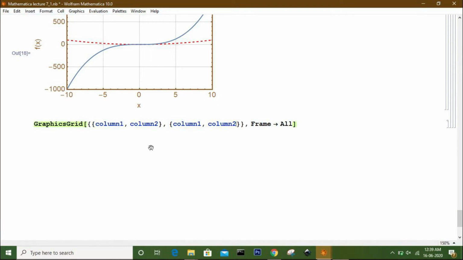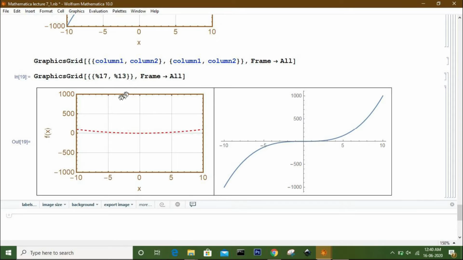Now you can also use graphics grid to display all graphs in the same plot in column and row form. And don't forget to set the frame to be true, so it will show the plots in a separate frame. So if you want to display all the graphs in the same row, then put all the outputs in the row form like this.